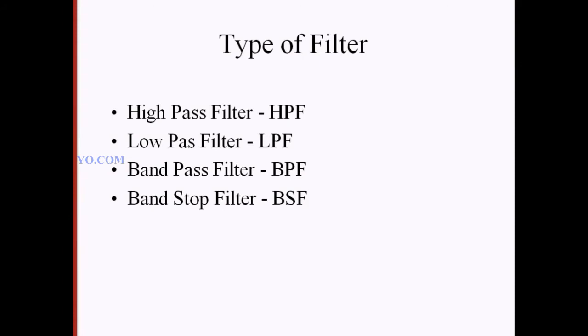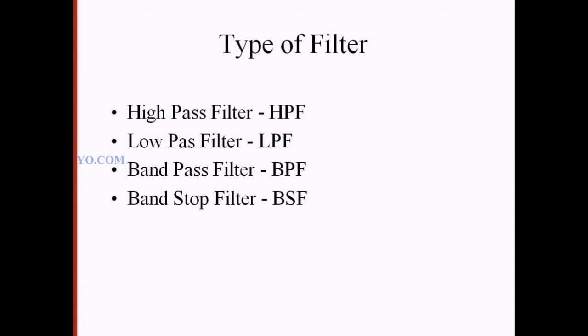Actually we have four types of filter: high pass filter, low pass filter, band pass filter and band stop filter. These are the four types of filter. The high pass filter passes only high frequencies. High frequency means above some number, and that number is indicated by the cutoff frequency of the high pass filter. If the cutoff frequency is 1 kHz, then the high pass filter can pass more than 1 kHz and block less than 1 kHz. Similarly, the low pass filter